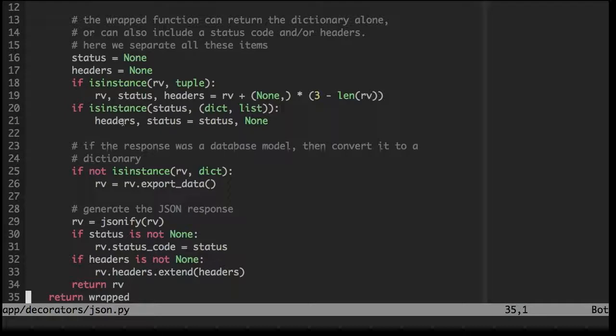So after I do this, I know that I have all the elements separated, and if they're not provided, I'm going to have None in their place. And now I can look at rv and see if it is a model or a dictionary. If it's not a dictionary, I'm going to assume that it is a model. So in that case, I'm going to invoke my export data method, and that will convert that model into a dictionary. That will be my representation. So now rv is a dictionary,